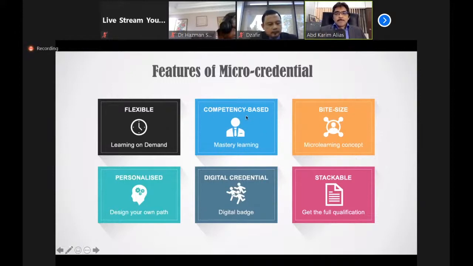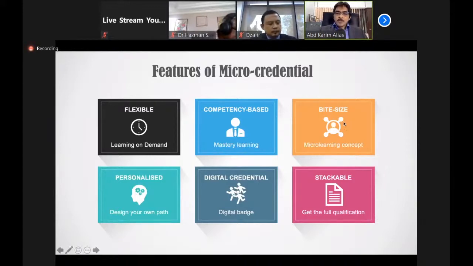And then we want to move from the so-called time-based to competency-based, which simply means the concept of mastery learning, meaning that when the student takes a module, they have to be assessed, they have to demonstrate that they have achieved the specific learning outcome for that particular module, and then only will they be deemed as competent, and they will get the digital badge.